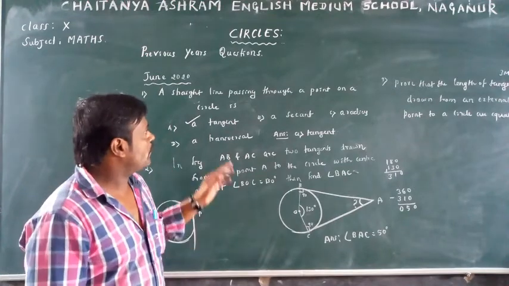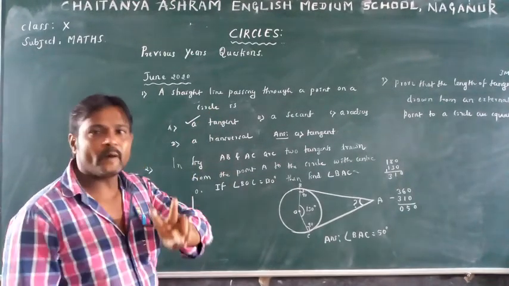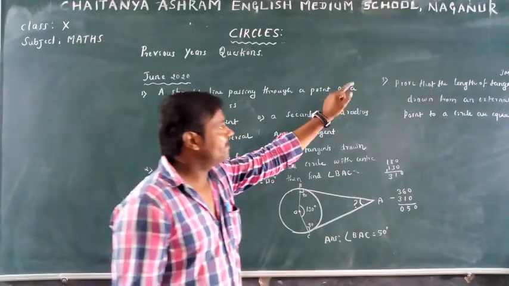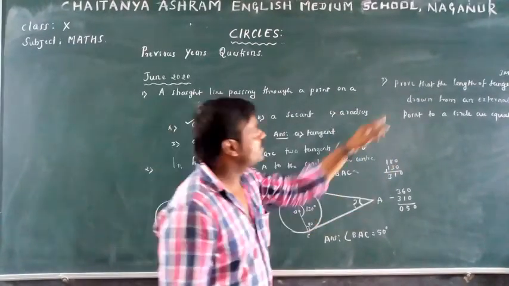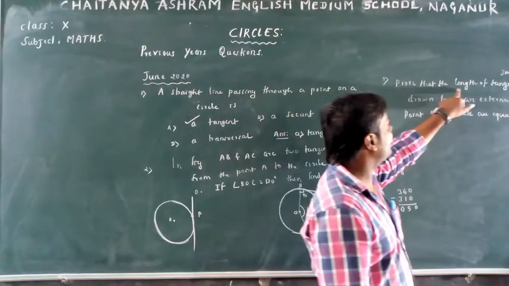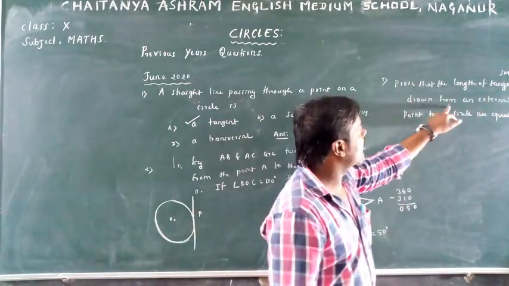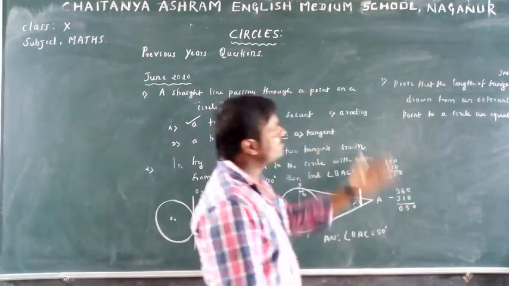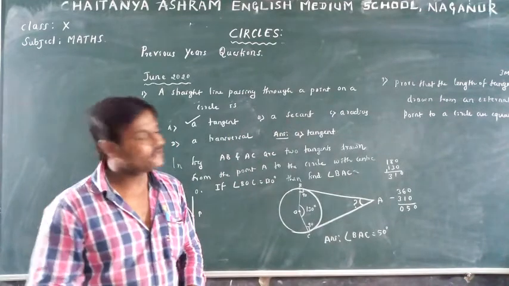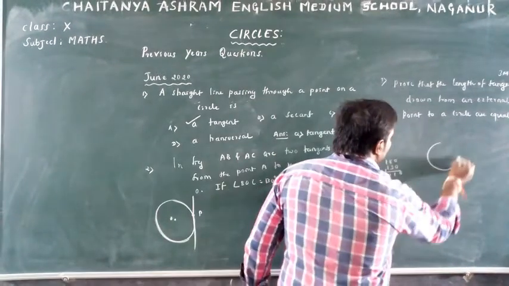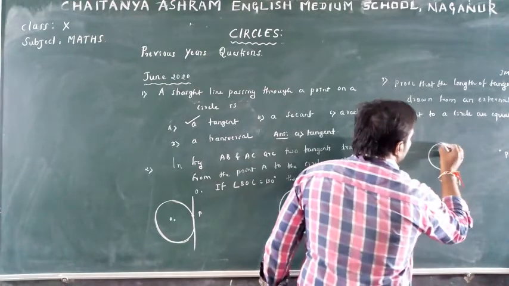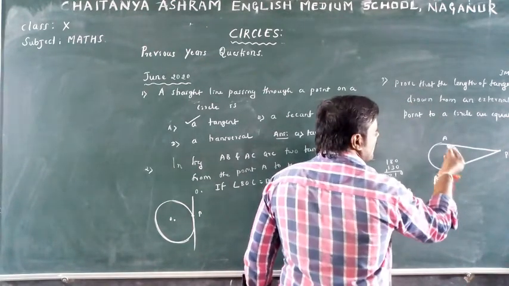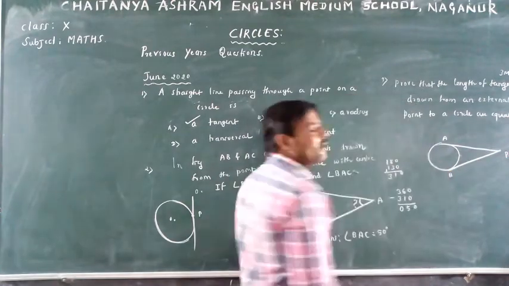Clear? So now 1 mark, 2 marks, and see one more 3 mark question on the same topic that is related to a theorem. See here, which theorem did they ask? Prove that the lengths of tangents drawn from an external point to a circle are equal. This is theorem number 2. Yes or no? So there is a circle, P an external point, PA and PB are two tangents to this circle. So now these tangents are equal in length.